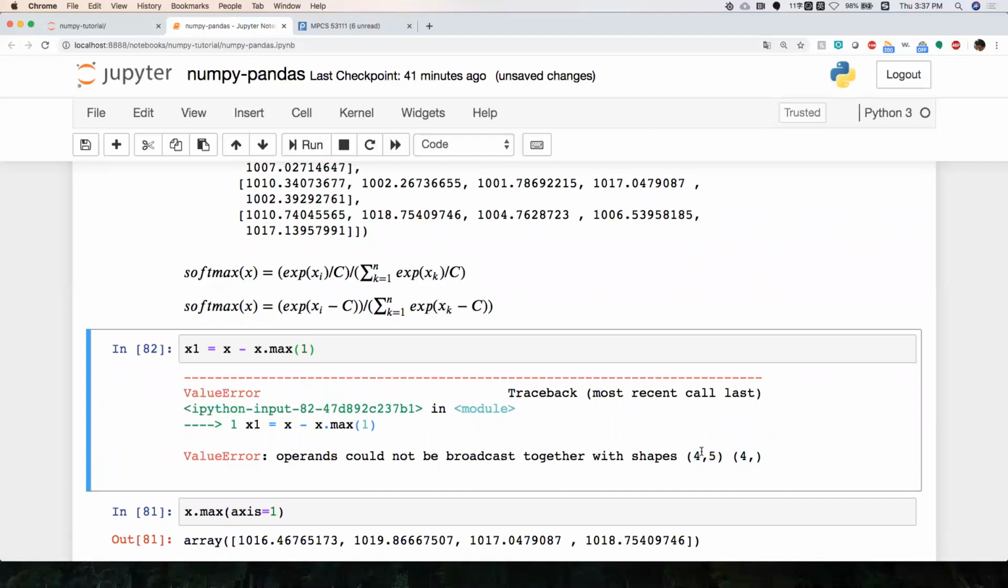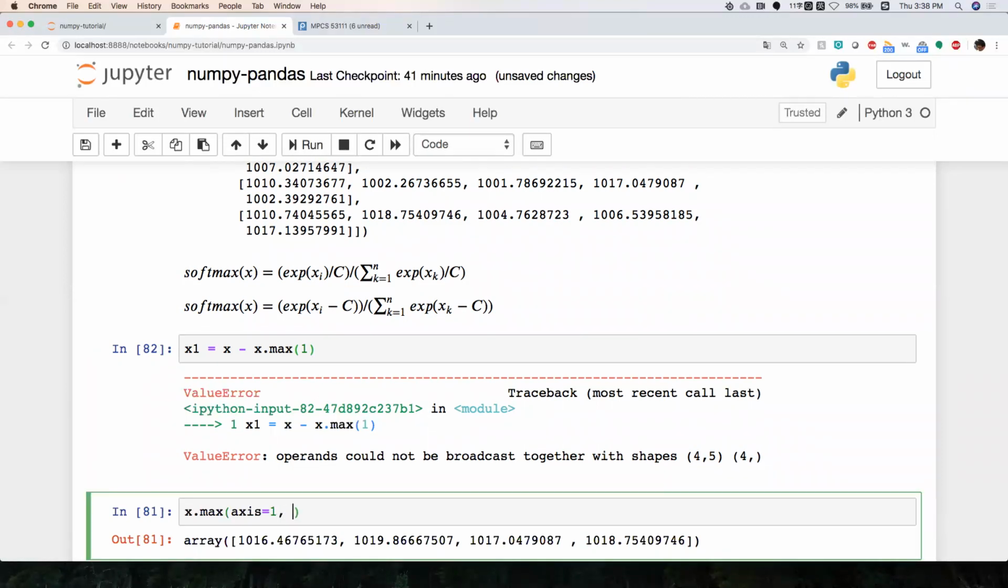Because NumPy realized that the shapes of those two variables don't match. So it will prepend 1 in front of the second matrix, and shapes (4, 5) and (1, 4) don't match. So that's why you can't do subtraction. So what you can do is keep the dimension